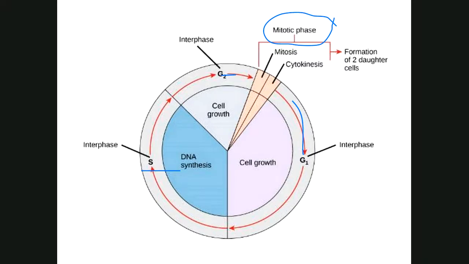Collectively, those 3 phases, G1, S, and G2, are known as interphase. That's the first phase of mitotic division. There's going to be 5 phases, 5 more or less, 5.5, let's say, and interphase is the first one. Interphase is named because it's the interval when the cell is not dividing. You see, the cell is only dividing up here in the part that says the mitotic phase.